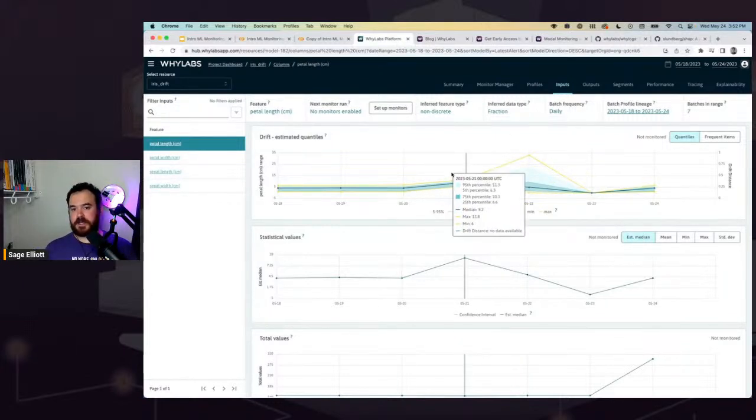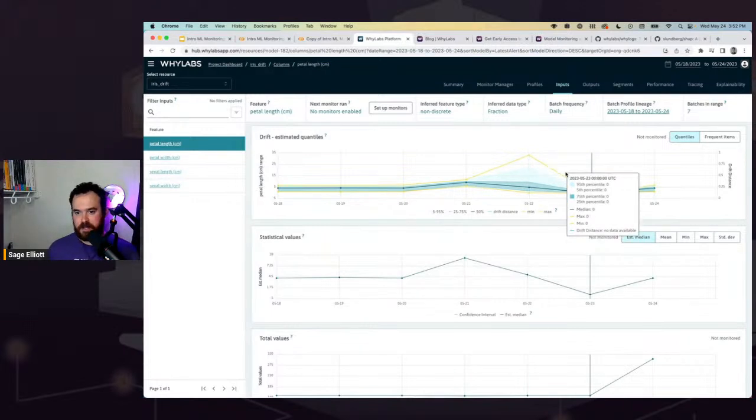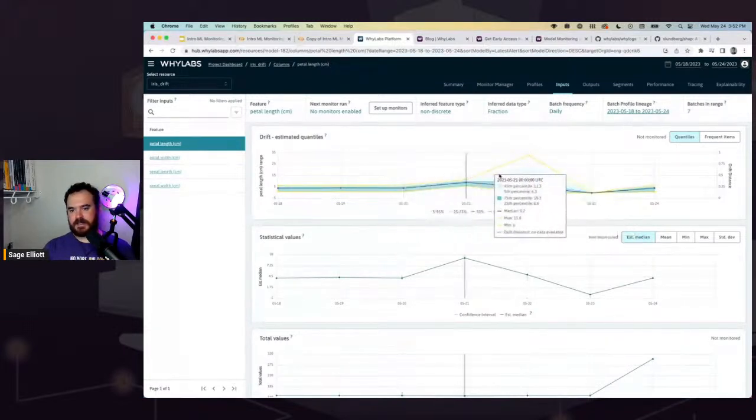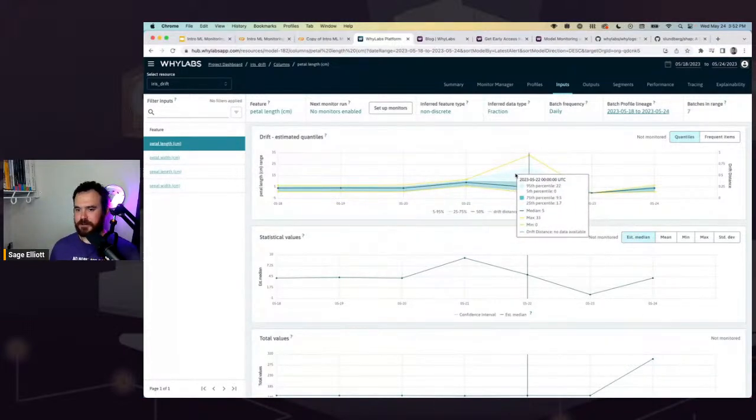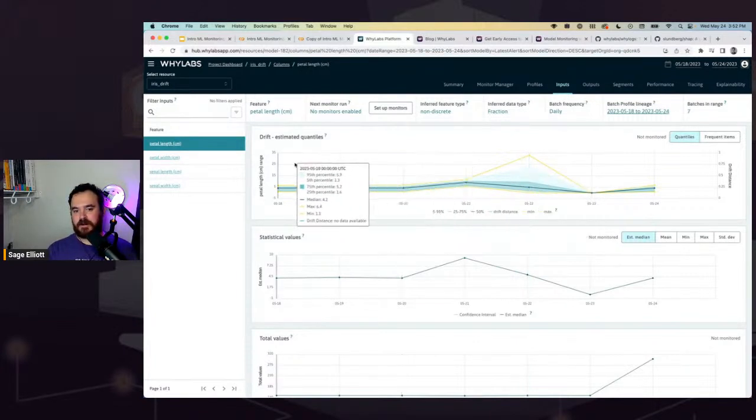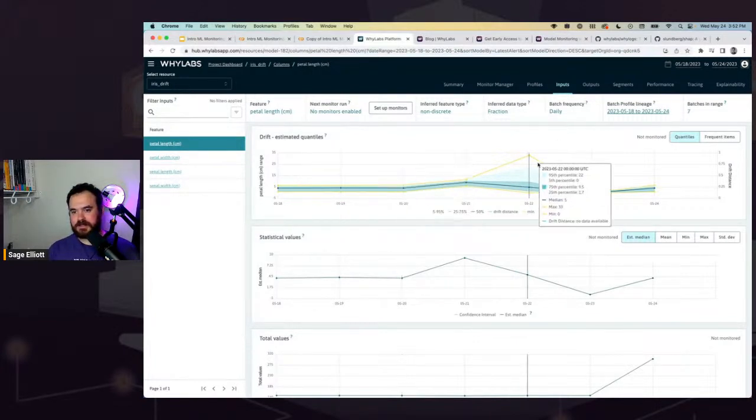So we can see quickly, by analyzing this with our eyes and looking at the visualizations, that something's probably going on here with our data. Again, the median has drifted a lot in these ones, and this one has some crazy values. Like, do we think a petal should ever be 33 centimeters? I don't know. Probably not. I don't know enough about iris flowers, but I'm guessing that's a really long petal. And according to all their other data sets, that looks really out of place.